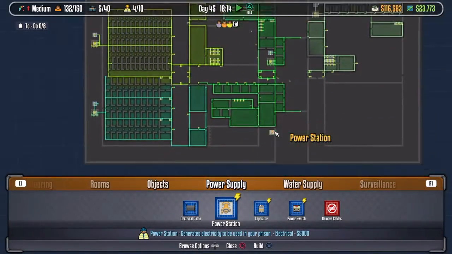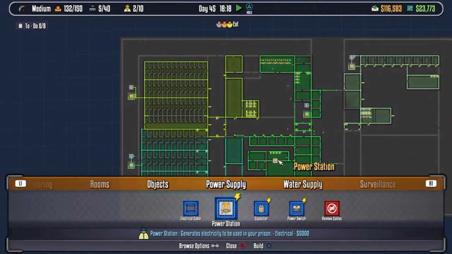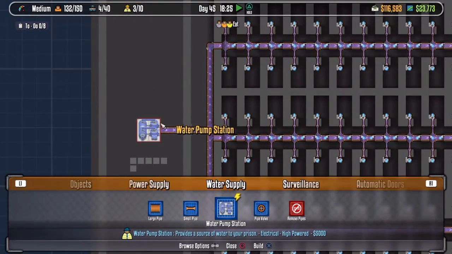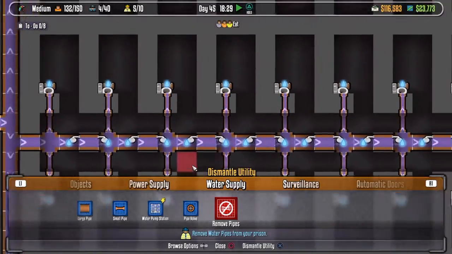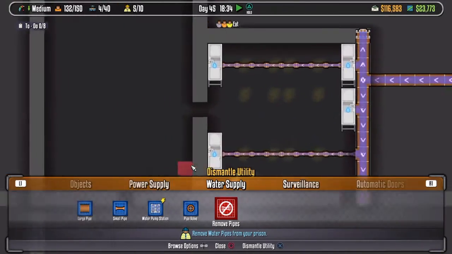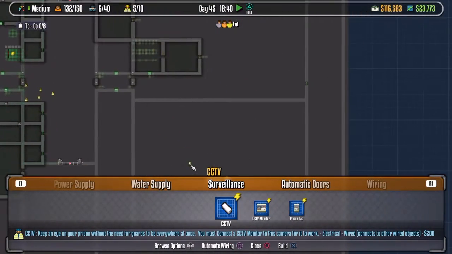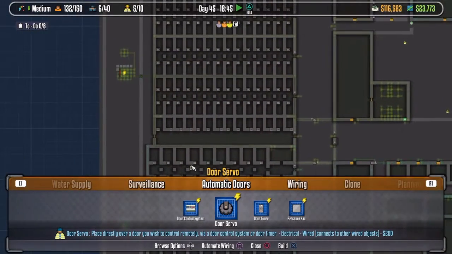Now, you see here, I've got different power generators running different parts of my prison. And so you've got to do the power. You have to do the water supply. See the water supply there is as the water comes out of these water pipes and goes down the line. It supplies all the toilets, all the showers, all of the sinks, everything. So you have to run water, you have to run power. You've got surveillance systems that you need to run. Let's see, you've got automatic doors, wiring,